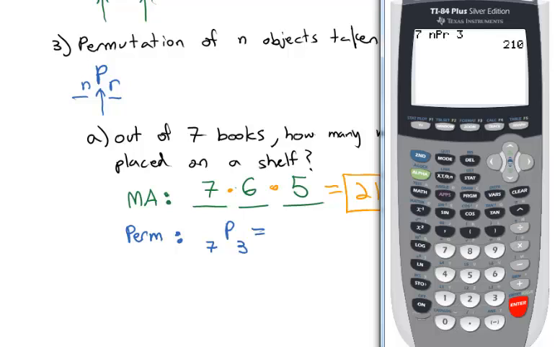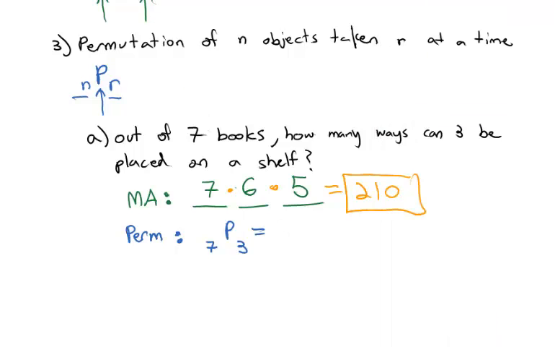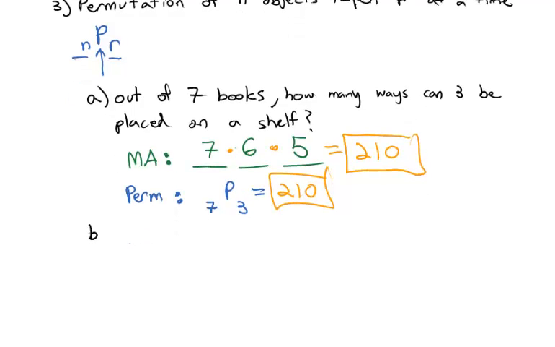Now, with only selecting 3, the multiplication axiom was probably quicker. But if we're selecting more, maybe we're selecting 12 out of 400 possibilities, that might get a little involved, and this permutation option on the calculator is much nicer. So, what is the calculator exactly doing as we type that into the calculator? Well, what the calculator is doing is it's using a formula